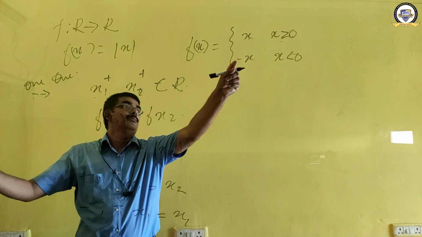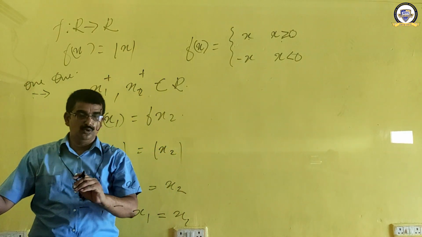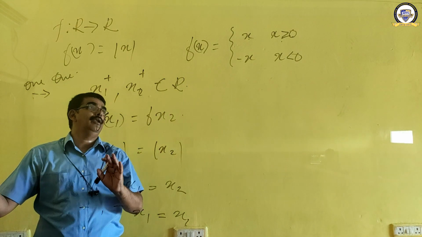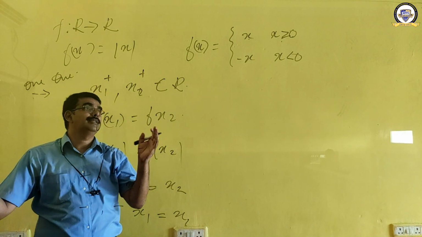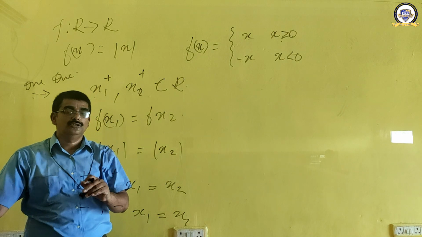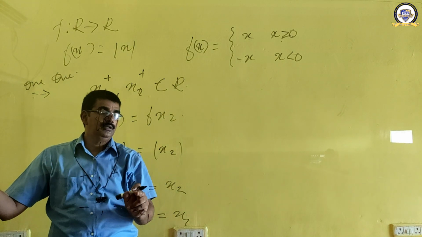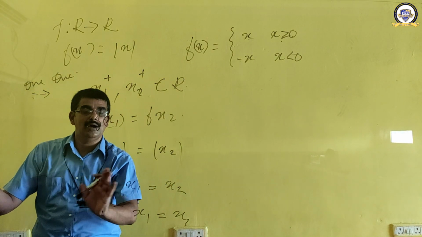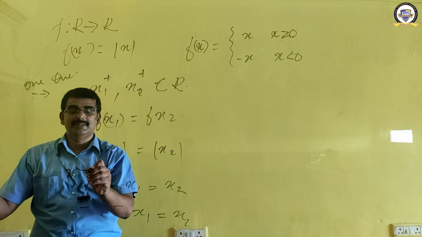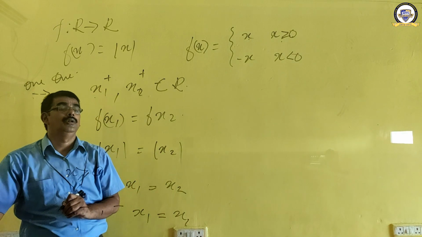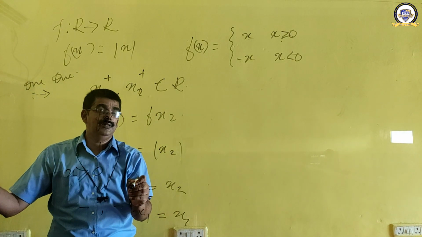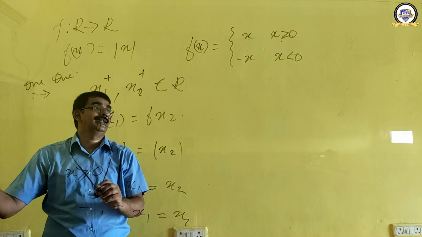Minus X1 means two cases are there. One is greater than or equal to 0, or less than or equal to 0. That means both are positive, then of course x1 is equal to x2; we have to write it in this way also. X greater than or equal to 0 means what? X1 is equal to X2. X less than or equal to 0.